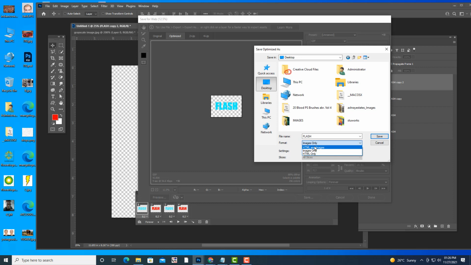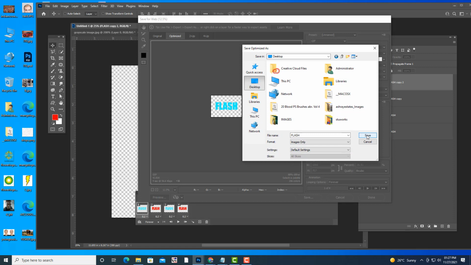If you are a web designer and you want this file for your website, you can use this option. But right now we only want this as a kind of WhatsApp message. So I'm going to select the Images Only option, and then I'm going to click Save.